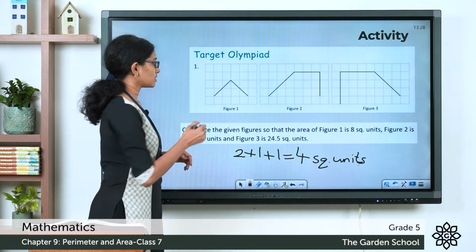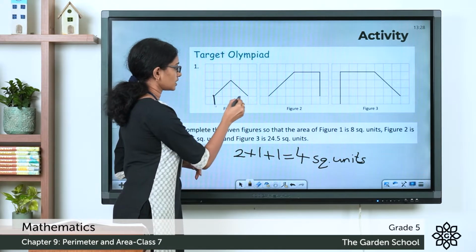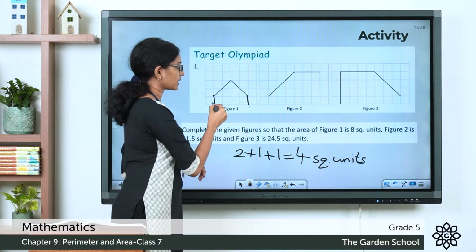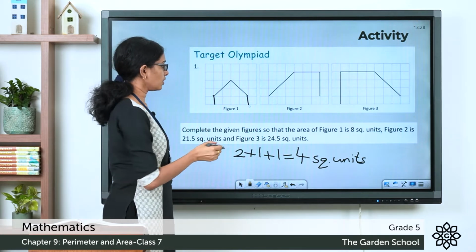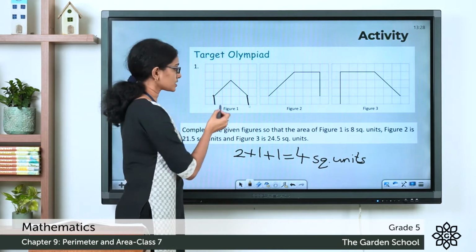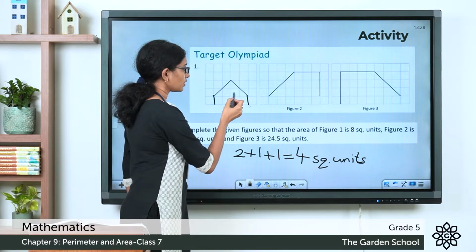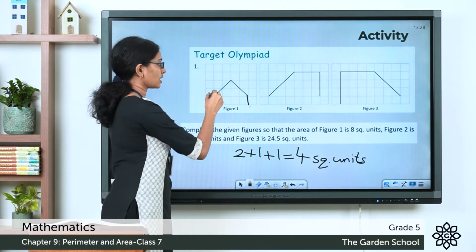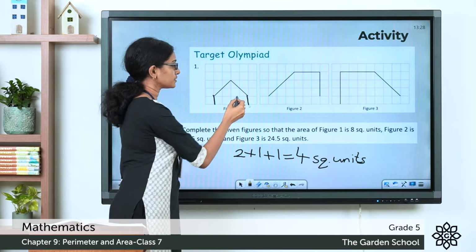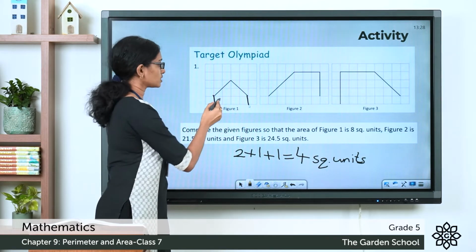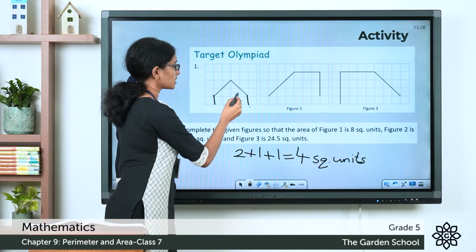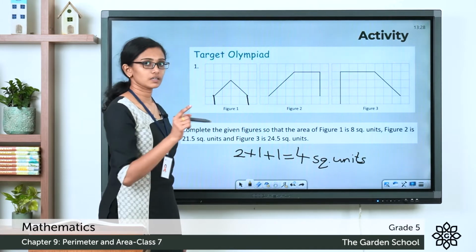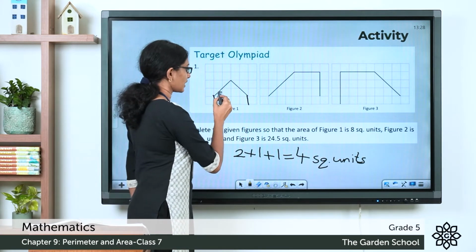So this figure can be completed like this. See, now we have a complete figure, and what is the area now? We have how many complete squares? 1, 2, 3, 4, 5, 6 and then 2 halves make 1. So that becomes 7. Here also 2 halves, that means 1. So it is 1, 2, 3, 4, 5, 6, 7, 8. Now the area is 8